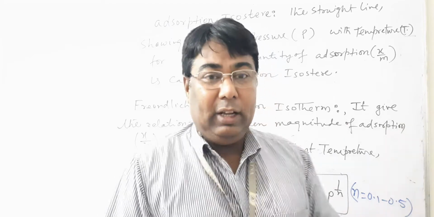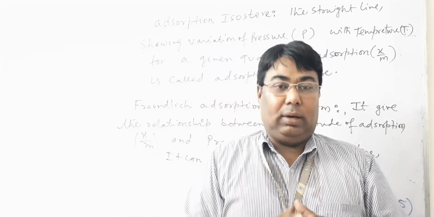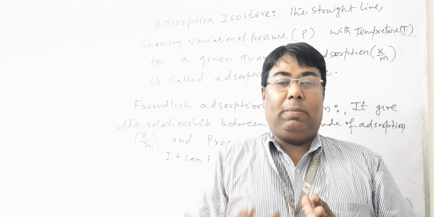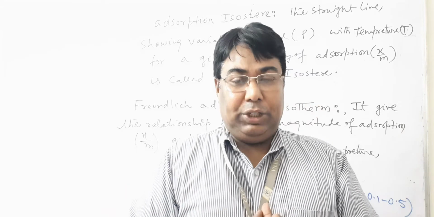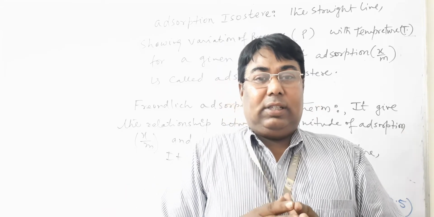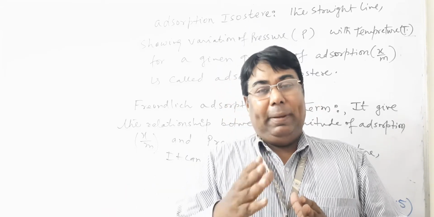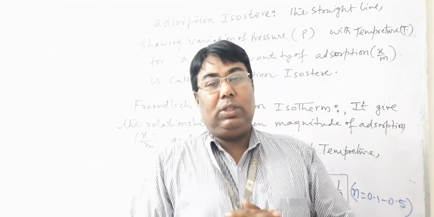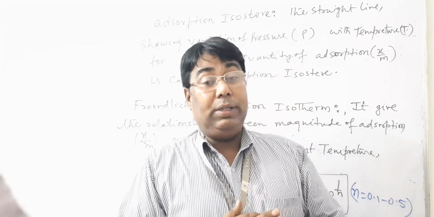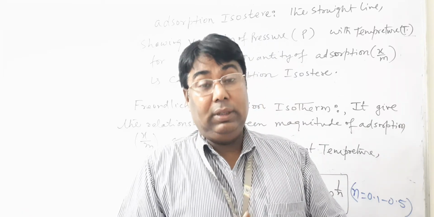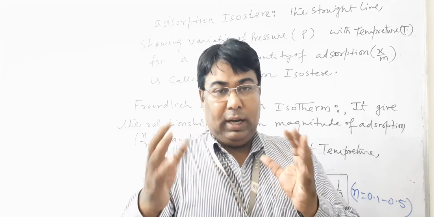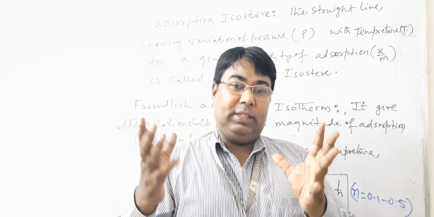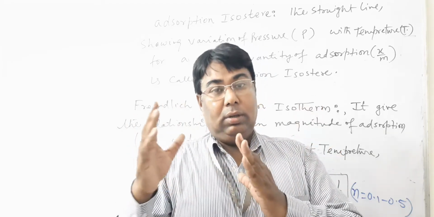And then we are talking about the adsorption isotherm. It is a graphical relationship between extent of adsorption or magnitude of adsorption and pressure. That means x by m depends upon the pressure. This graphical relation is known as adsorption isotherm. Adsorption isotherm is a graphical relationship between extent or magnitude of adsorption, which is x by m, and pressure at